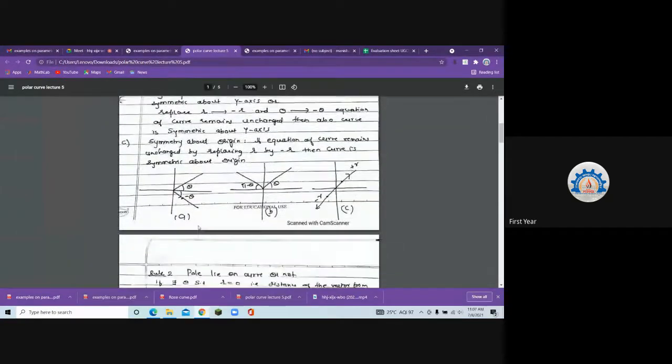Look here, I have drawn it in this diagram. Where is theta? Theta is in the positive first quadrant, whereas minus theta is in fourth quadrant. So whatever length of that radius vector I get for theta, same length I get for minus theta, then the curve is symmetric about x-axis. Can you see this clearly from this diagram? Yes or no? Yes, ma'am.